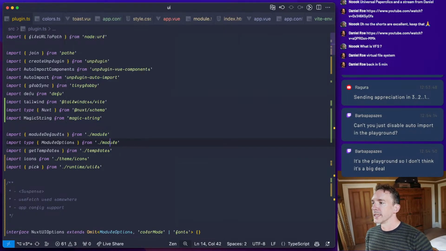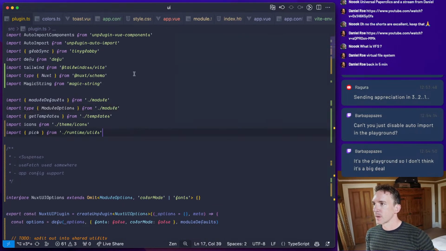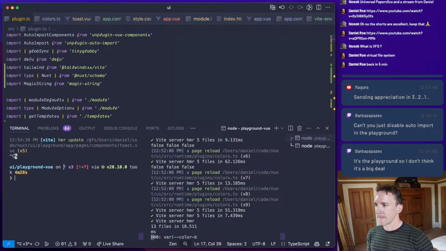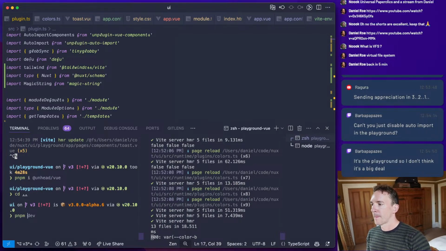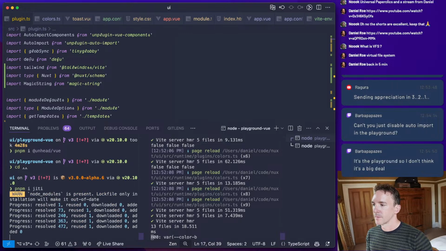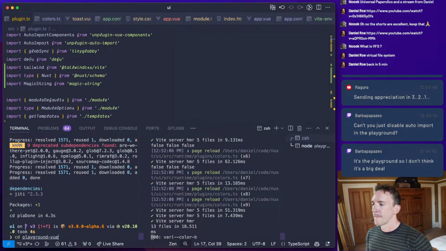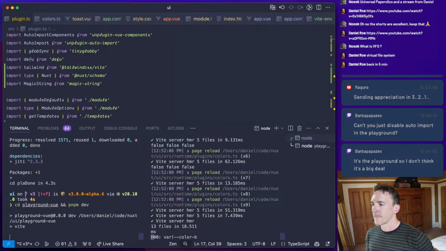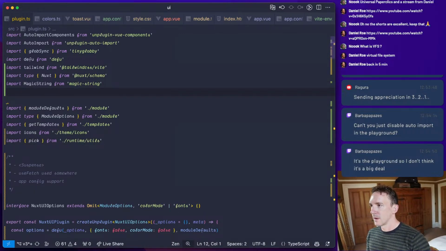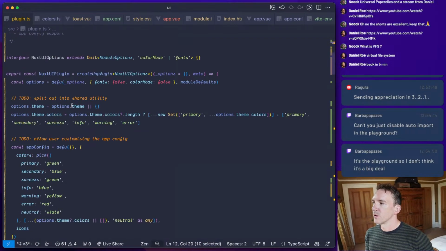So what we do is say import create Jitty from Jitty. And then we're going to use this thing to resolve the app config.